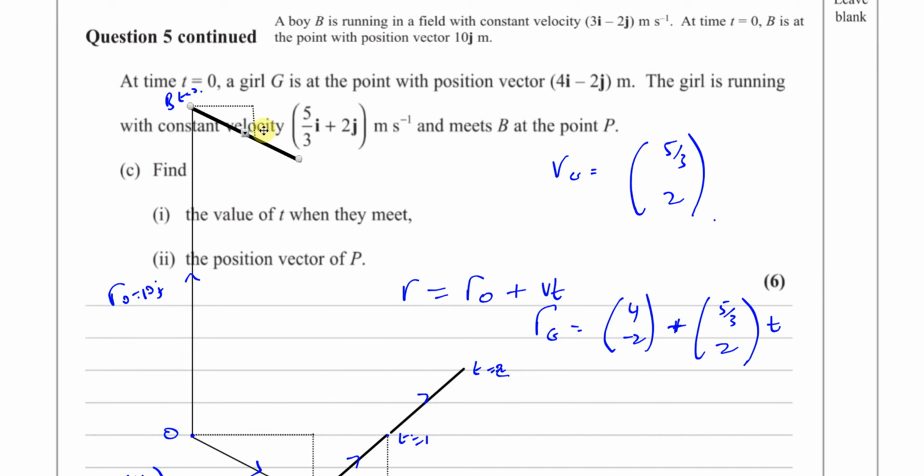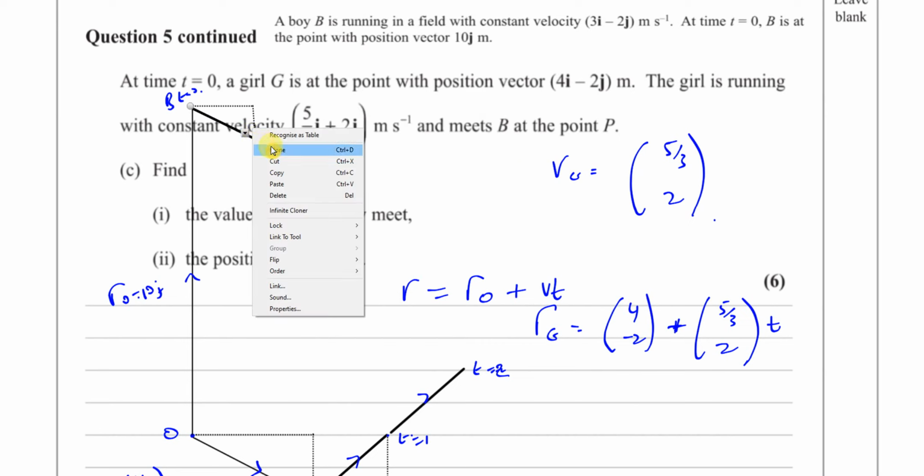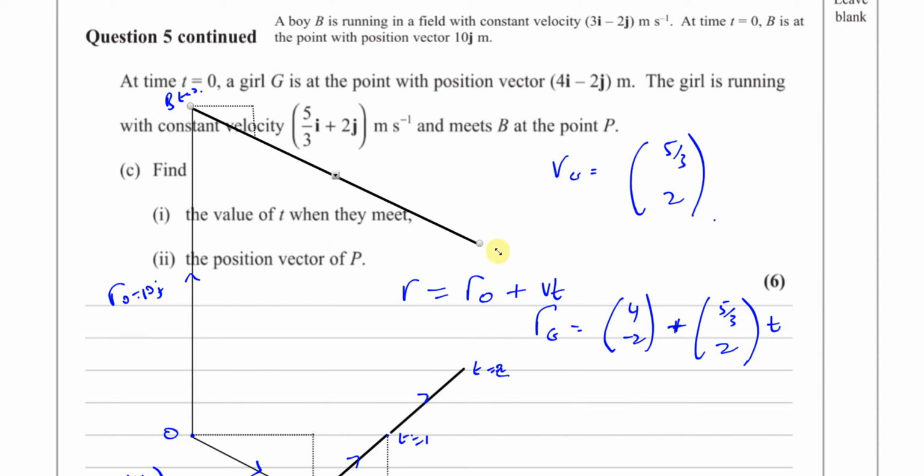All right. So now he's going to be going along this line over here, say. All right. So eventually they're going to meet. Eventually there's going to be a point at which they meet, as we can see here. Eventually their paths will cross. We've got to find what the time is where they meet and what the position vector